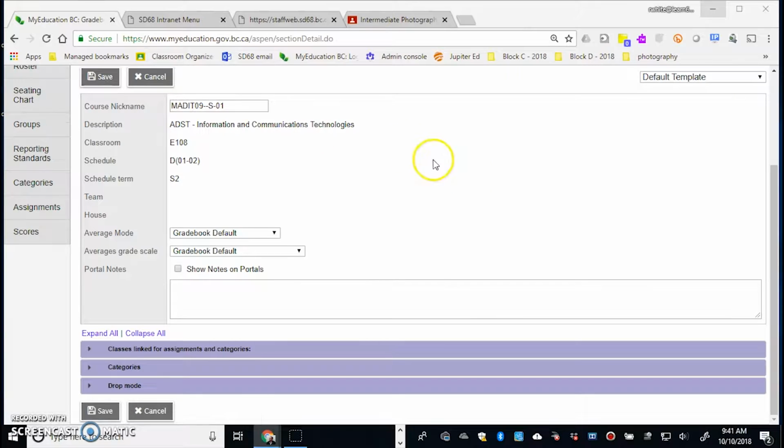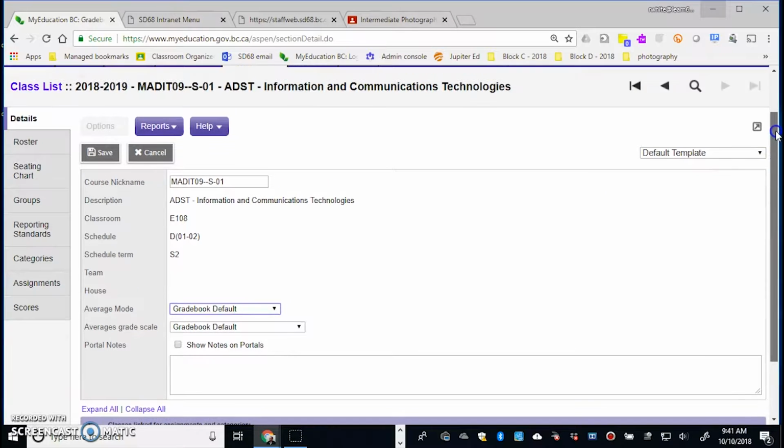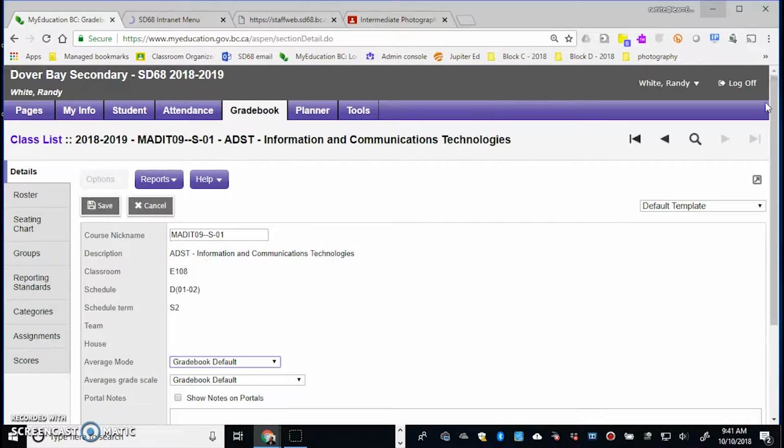Now, some people are going to disagree with me on this, and that's fine. That's what we call professional autonomy. So if you don't want to follow my example here, that is your choice. I just think it will make your life a little bit easier and still come up with proper assessment of your students. So first things first, here I've got my IT9 class, and